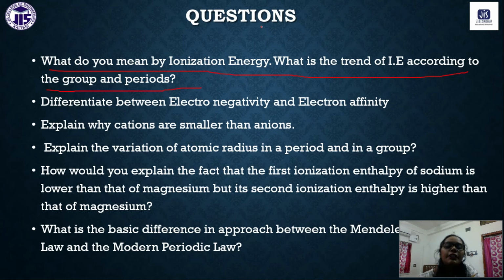Okay, now differentiate between electronegativity and electron affinity. Very common and important question. Electron affinity is just the reverse. If we want to add one more electron in our outermost orbital, some of the energy will be released. Mind it, for the ionization energy, that means for removal of the electron, we have to provide the energy, right? And for addition of an electron at the outermost orbital, some energy will be released. That energy is called the electron affinity.